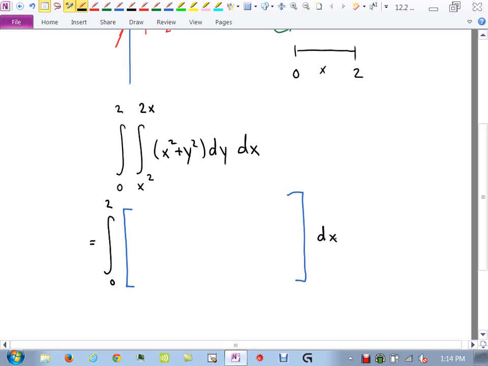So what is the antiderivative of x squared plus y squared with respect to y? You get x squared y plus 1/3 y cubed, evaluated where? Between x squared and 2x. But what are we going to replace? The y. So y is going to be replaced with x squared, and y is going to be replaced with 2x. That's where I was telling you again, it's useful sometimes to keep track of the variable here,